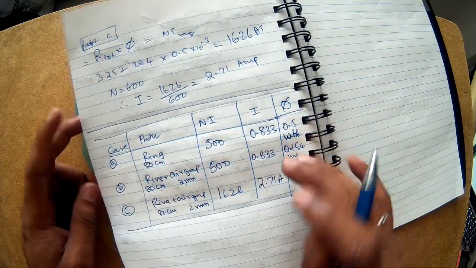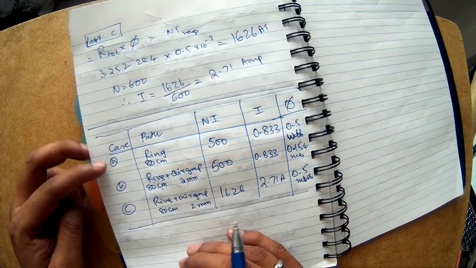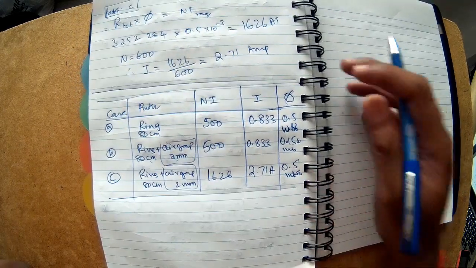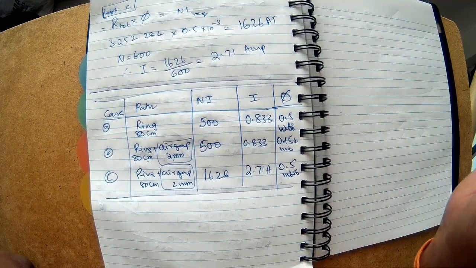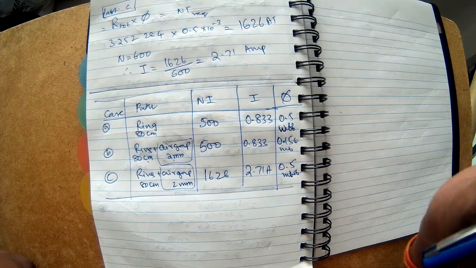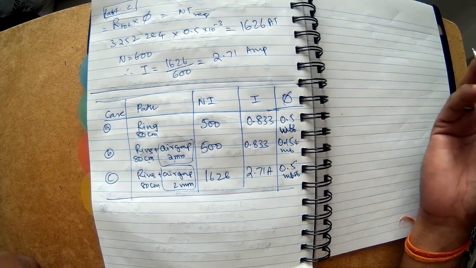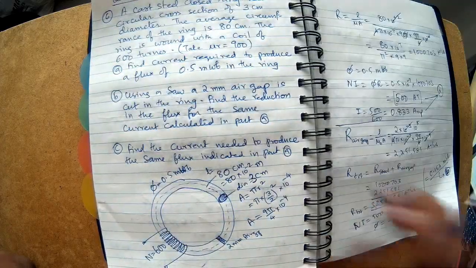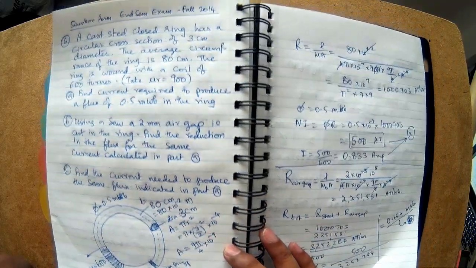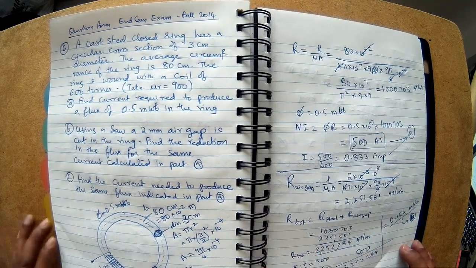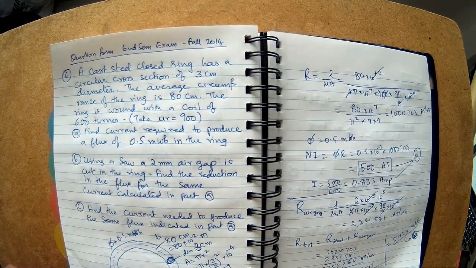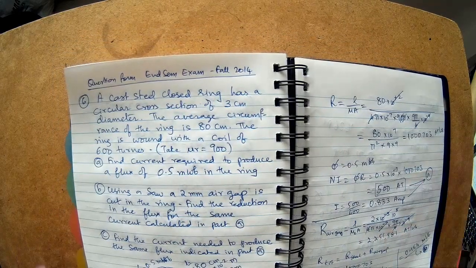Okay. So this problem, through different cases, explains the effect of adding an air gap in a magnetic path. Even if it is a 1 mm air gap or a 2 mm air gap, it will significantly increase the reluctance and significantly decrease the flux. That is what is demonstrated in this problem. I hope you understood something from this problem. This is important because it was asked in the exam in previous years. We'll see more problems coming up in future.